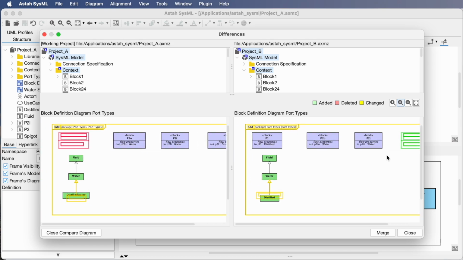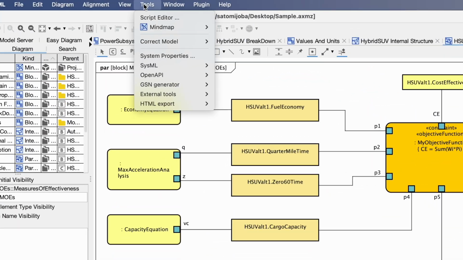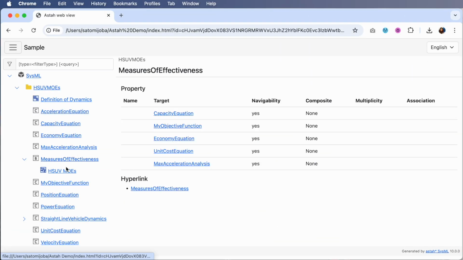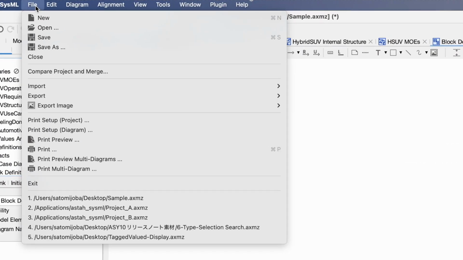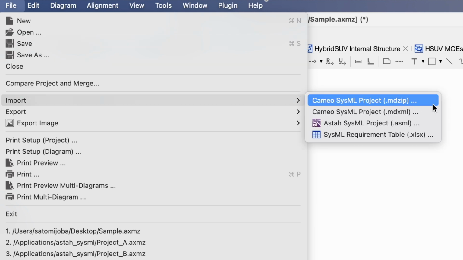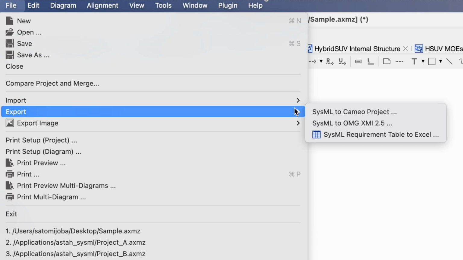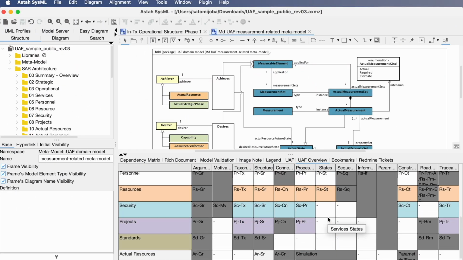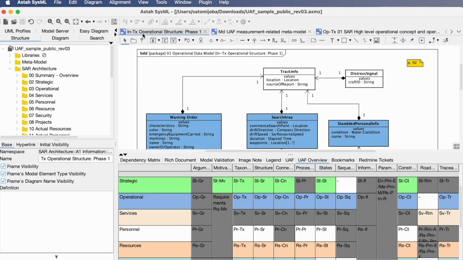To share diagrams with someone who does not have Asta, you can export diagrams to image or HTML files. Asta SysML is interoperable with Cameo, allowing you to import files from Cameo and export them back to Cameo format. The Unified Architecture Framework is also supported through a free plugin, just like all the other plugins available